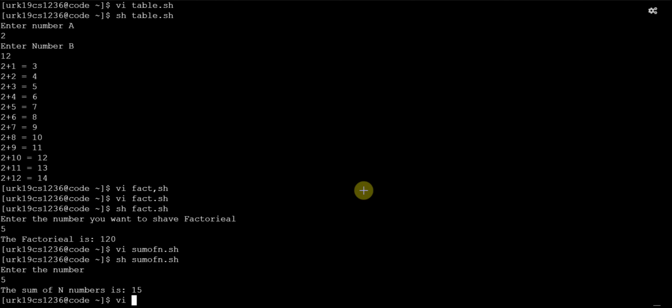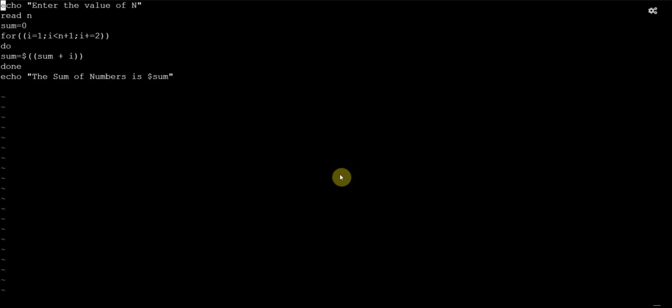So in vi I have kept it as odd dot sh. So now we can see here that exact formula I have initialized here. So we have 2n minus 1 as our mathematical equation. So now you can see here i equals 1, i less than n plus 1, i plus equals 2. First initializing and then we are adding 2. So do sum of sum plus i, which is nothing but 1. So every time we add, i will be initialized and sum will be incrementing. So let's run this code.